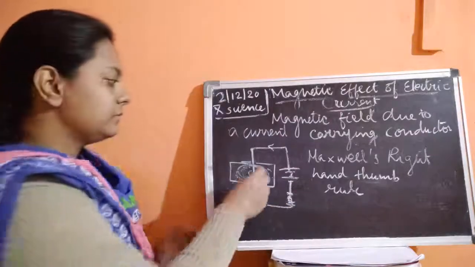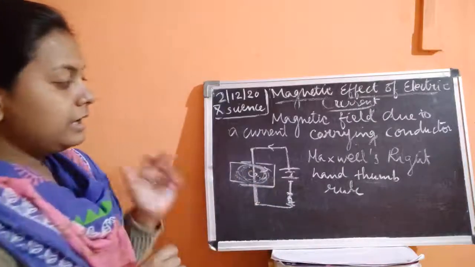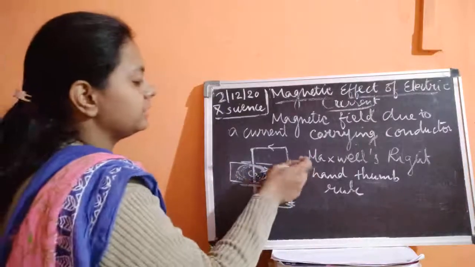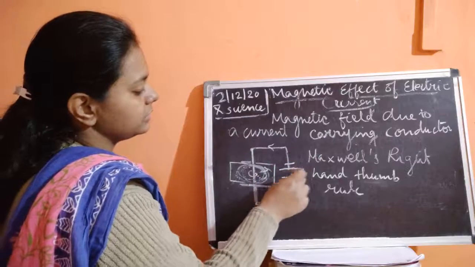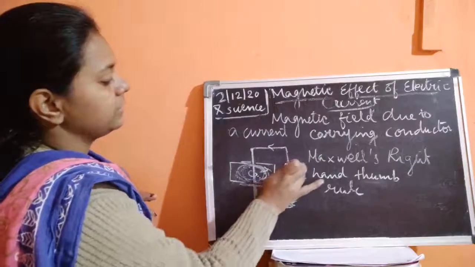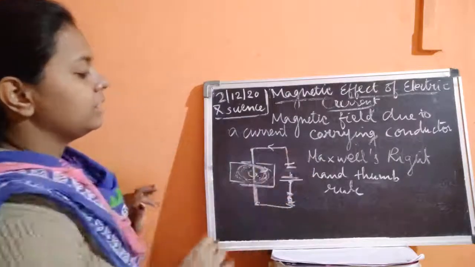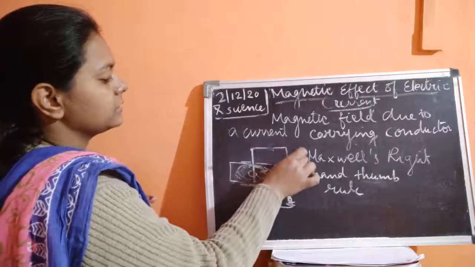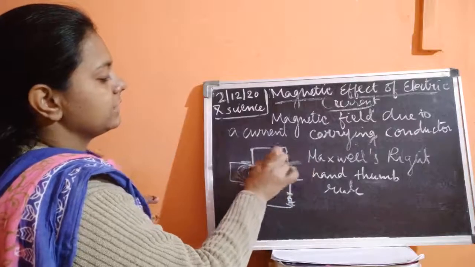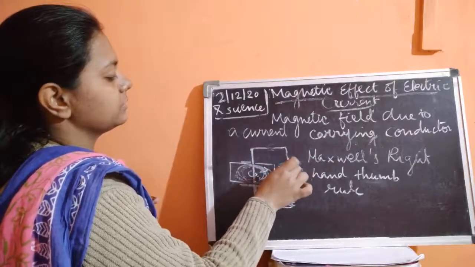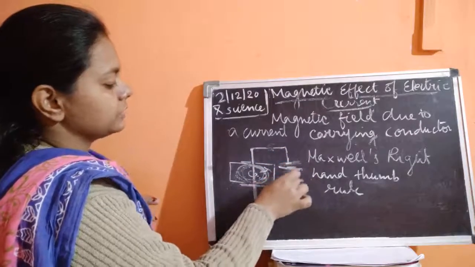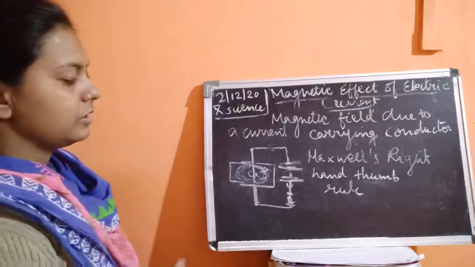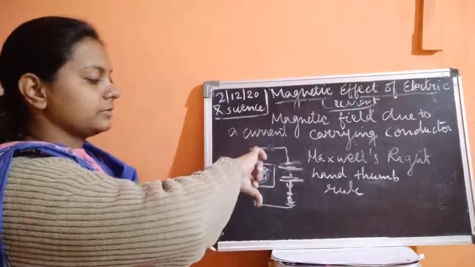Then if we turn the battery here, the positive terminal becomes this and this is the negative terminal, okay? Now what happens? The current starts flowing in this direction. This is negative, and this is positive. So the current starts flowing in this direction, okay? It starts flowing in this direction, fine.